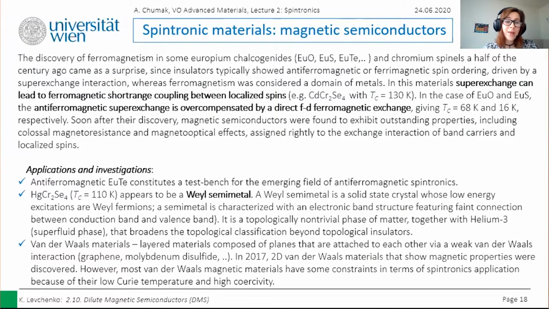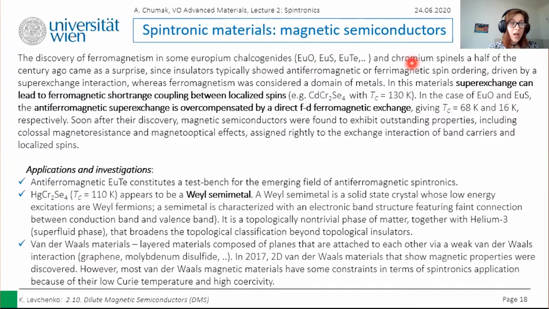So let us start with a magnetic semiconductor. Some 60-70 years ago, magnetism was more a domain of metals, as a ferromagnetic long-range order is present in these materials. And it was quite a surprise to discover ferromagnetism in some materials like europium chalcogenide or the chromium spinels. These materials are insulators and they showed antiferromagnetic or ferromagnetic spin ordering, which is driven by the superexchange